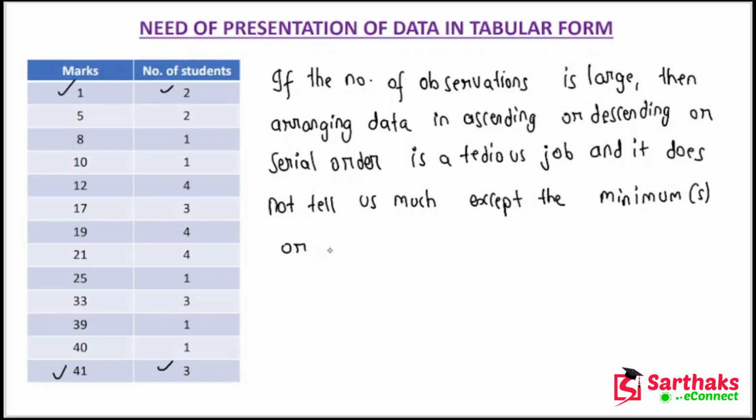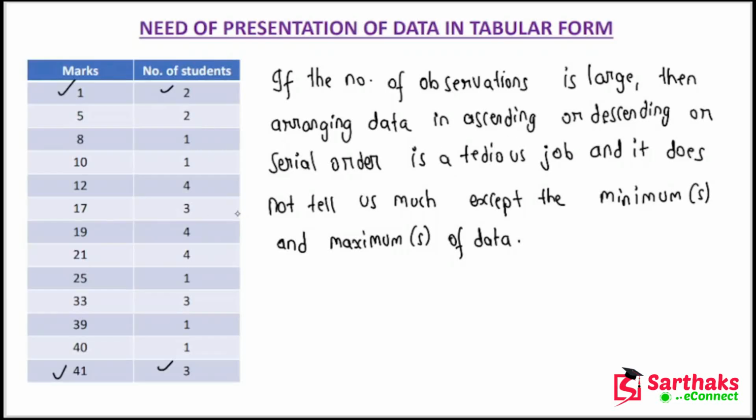Minimums and maximums. So it does not tell us much except the minimums and maximums of data, right? So if the number of observations is large, like in this case we have 30 observations,